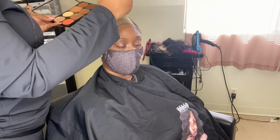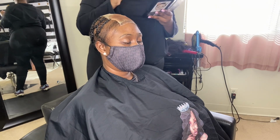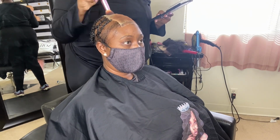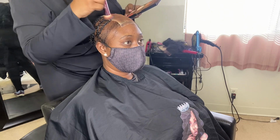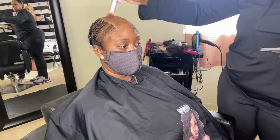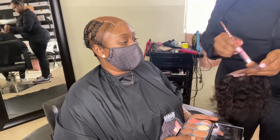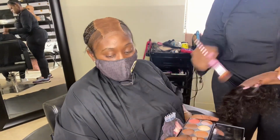I'm going to start off. I already had her braided down, first of all. I didn't get that on camera, but I'm starting off with the ball cap method, of course, and I'm going to apply my Ruby Kisses 3D in the color of her shade. And I'm going to continue to put that all over the cap, especially in the front, to be sure that it blends. She did use a hair store 4x4 closure, which had a brown type of lace to